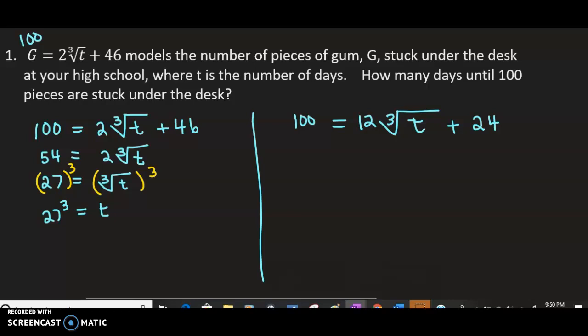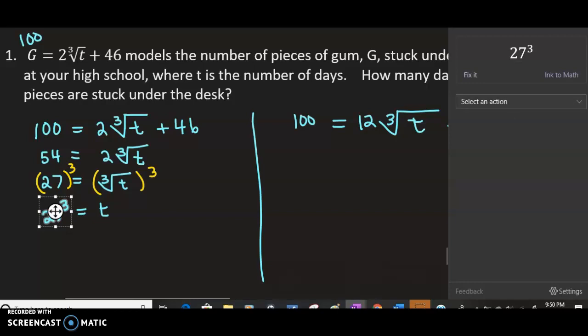So let's see, 27 cubed. See if we can crunch that number. 19683. I think that's last year. No, Tigers won it in 68. But anyway, so